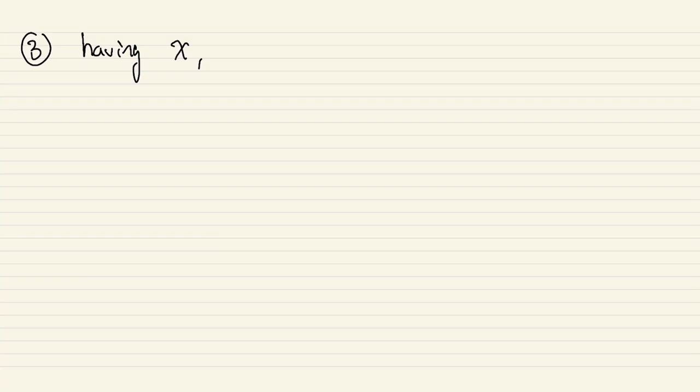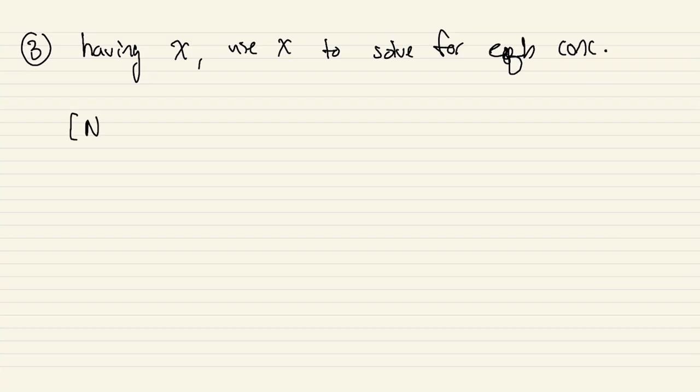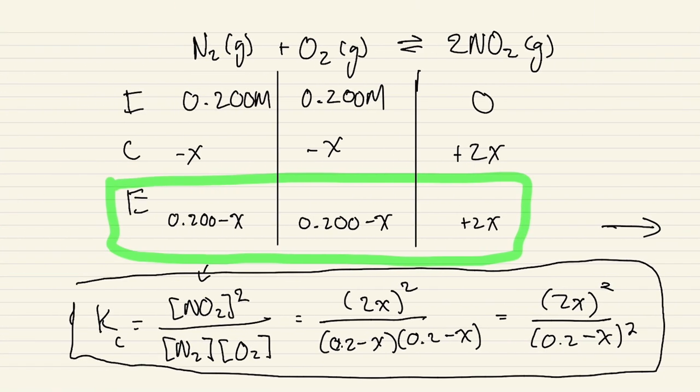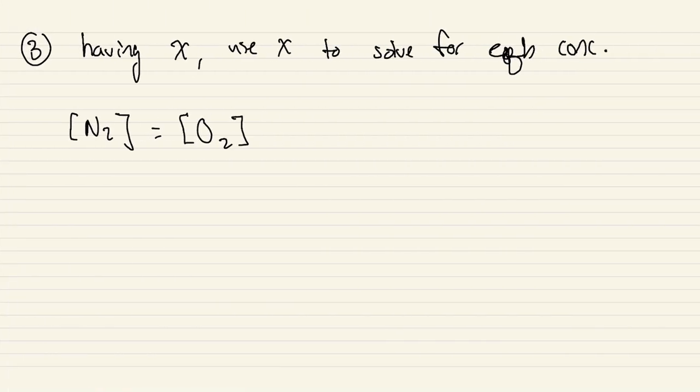Yeah, we use x to solve for equilibrium concentrations, right? So the equilibrium concentration of, what was it, N2 equals the equilibrium concentration of O2, right? If we look, we see those have the same equilibrium concentration, the same relation to x, equals